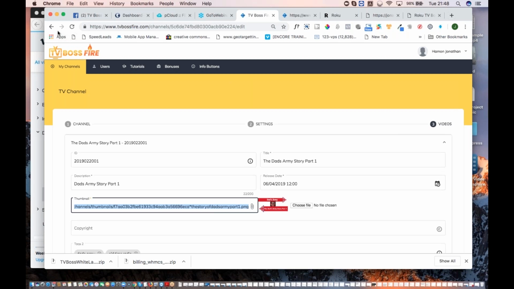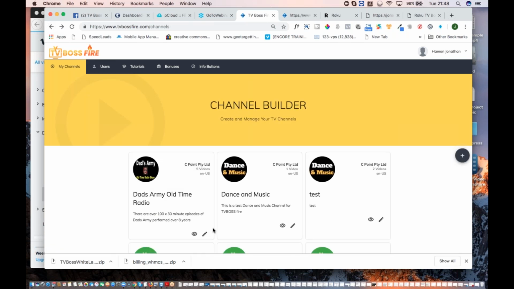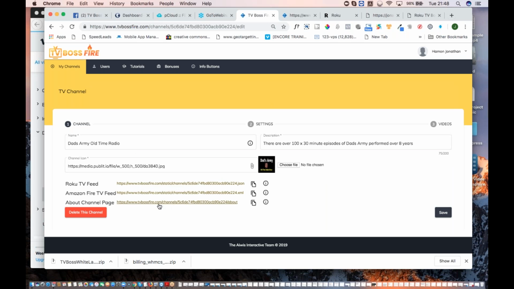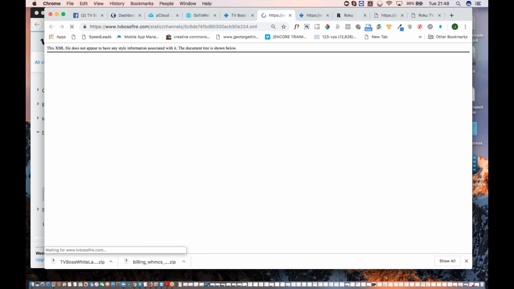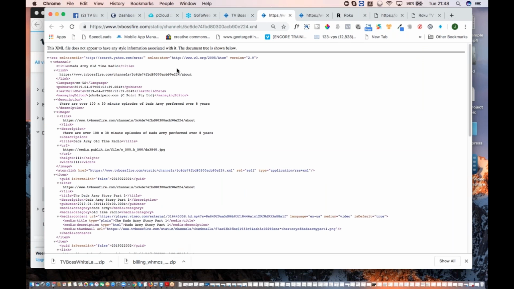So let's go back, and I want to look at the Amazon Fire TV feed. This one is slightly different in structure, it's an XML file. You don't really need to worry too much about what that is. It's just the format of the file that Amazon Fire TV needs. This is the exact same content that we've been looking at for the ROKU one. So things like the descriptions and the URLs will be very similar. They are slightly different,